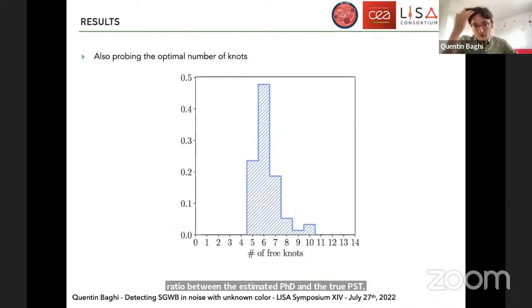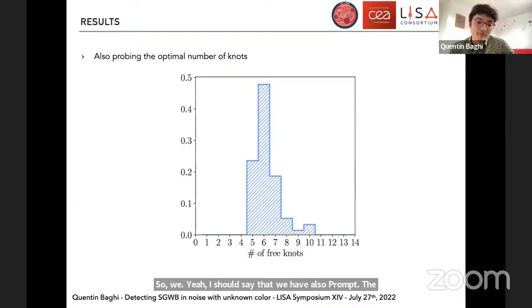So I should say that we have also probed the optimal number of knots using transdimensional MCMC. This is Nikos Karnesis who has done this analysis,